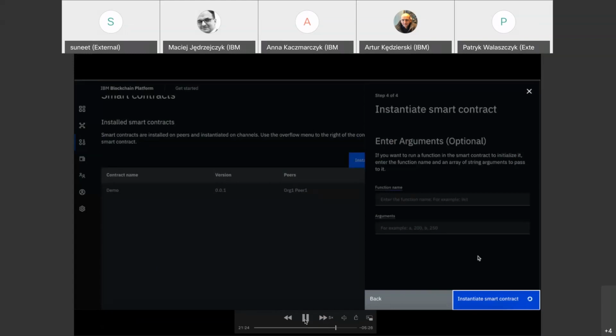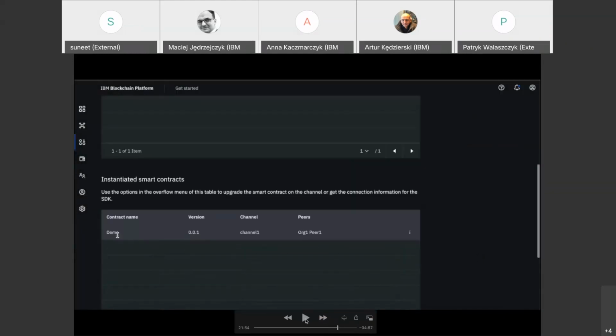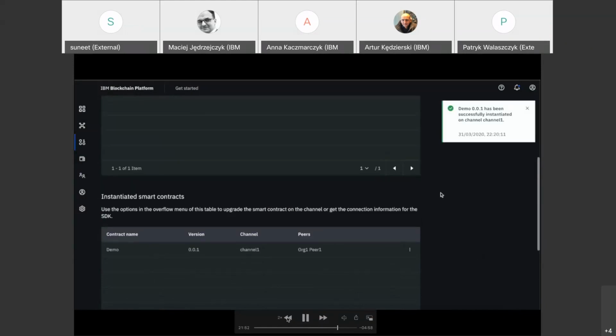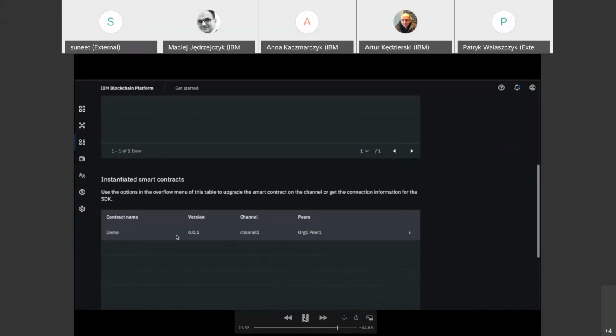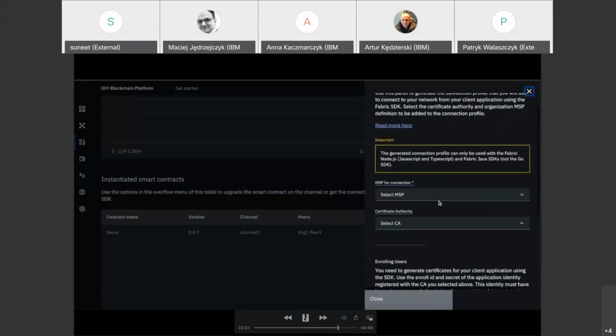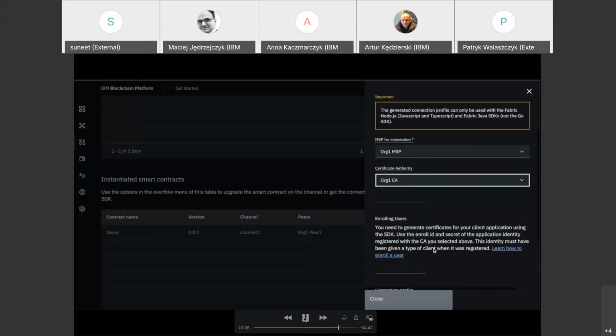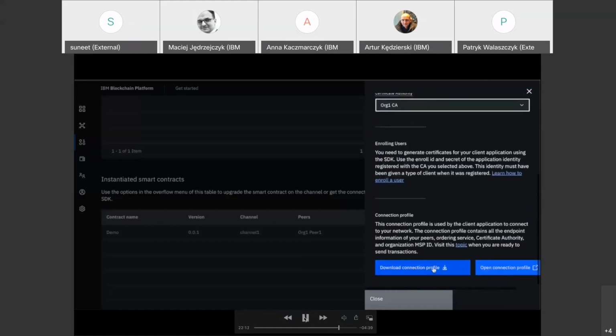If everything is fine, then you should see that the smart contract was successfully installed and instantiated on your channel. You can now see under the instantiated smart contracts that there is a new smart contract, and you can connect with it via the SDK. So you click connect via SDK, and then you select the MSP of the organization which will be connected to your smart contract. You select the certificate authority, and now you can download the connection profile, which is also a JSON file with